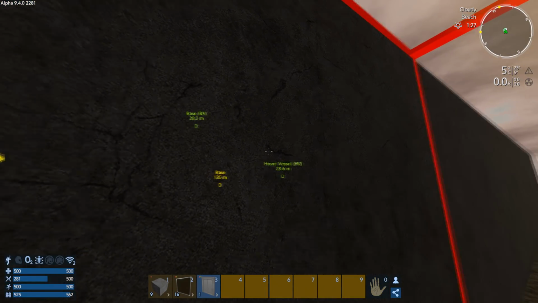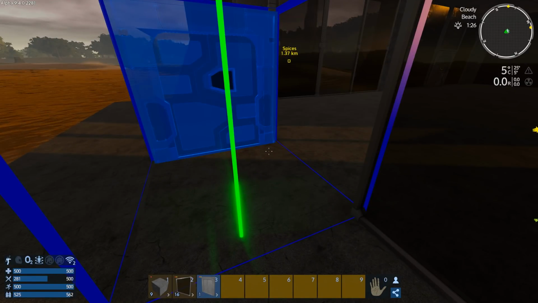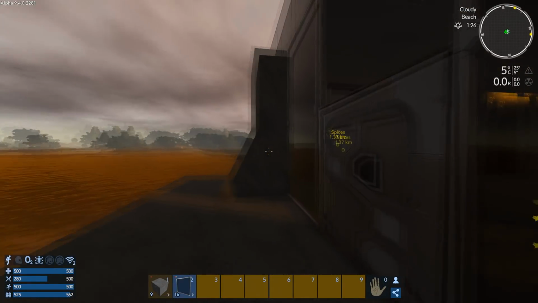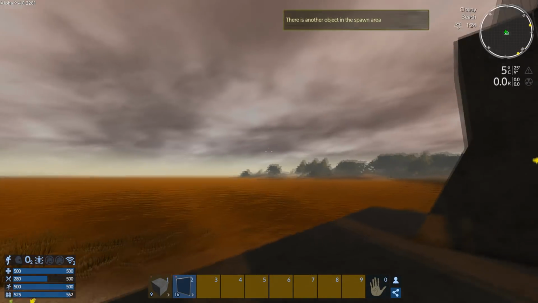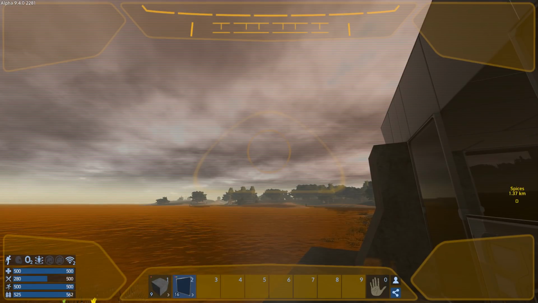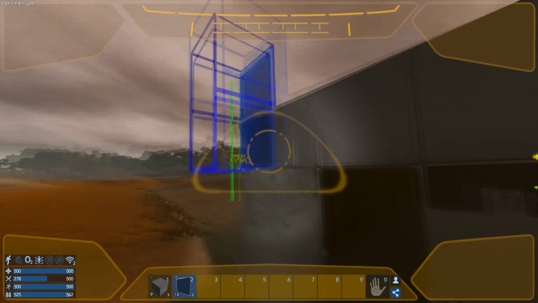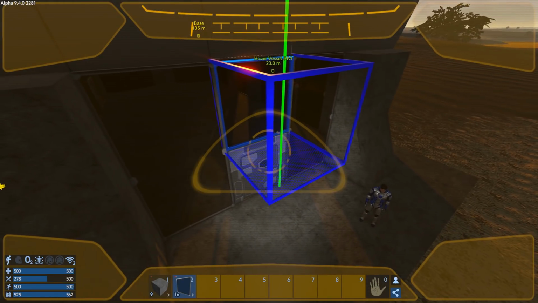Let the jetpack recharge, and I'm getting hungry. I'm just going to put that in there. It would go through food really quickly. Oops, I'm inside the spawn area. And we're just going to go up here. And hopefully